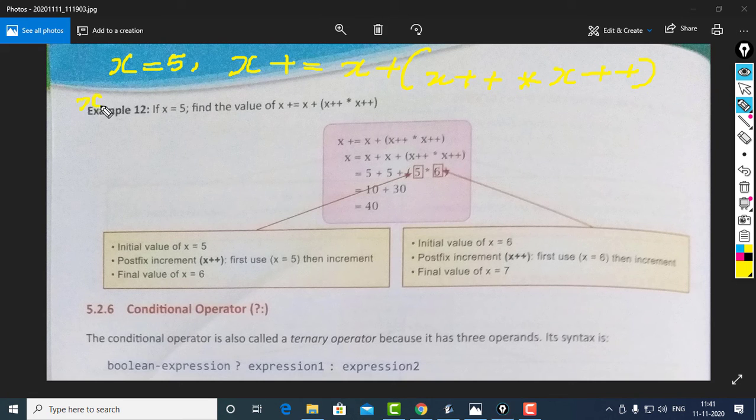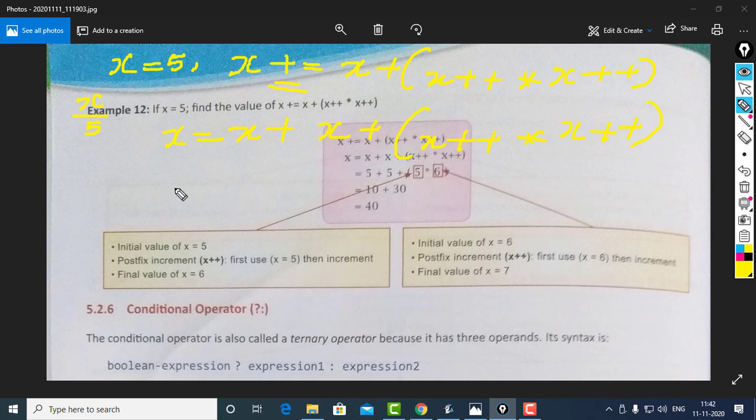So here we can write the value of x. x += is the shorthand assignment operator. So we can rewrite it as x = x + x++ * x++.